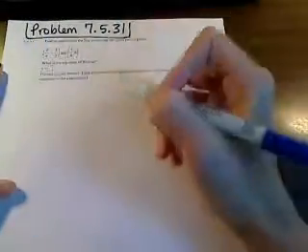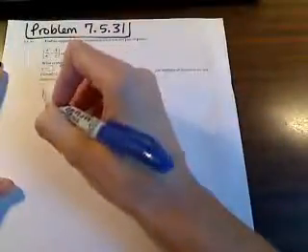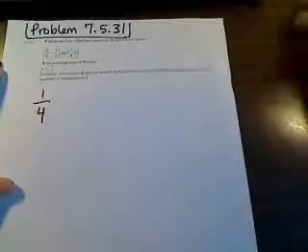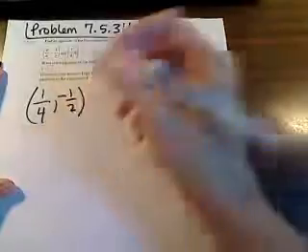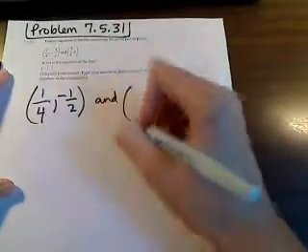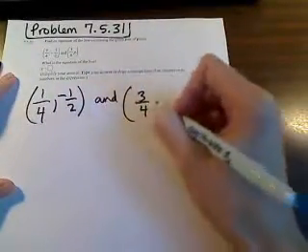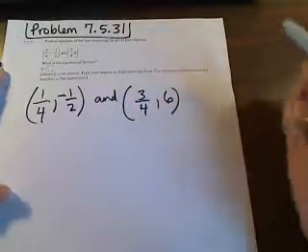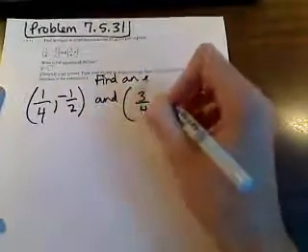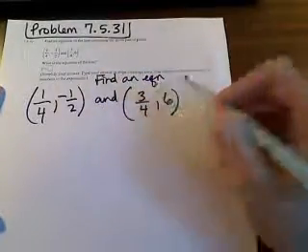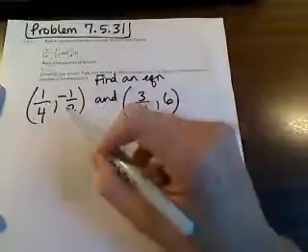Okay, so this is problem 7.5.31. They give us these fractions right here as points, and they are asking us to find an equation of the line containing the given pair of points. So what we're trying to do here is find an equation, EQN, that's my abbreviation for equation, that contains these